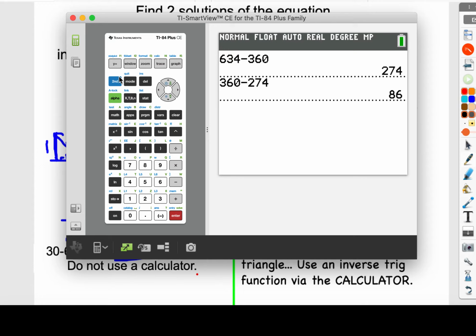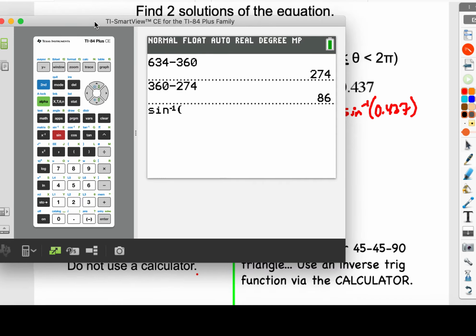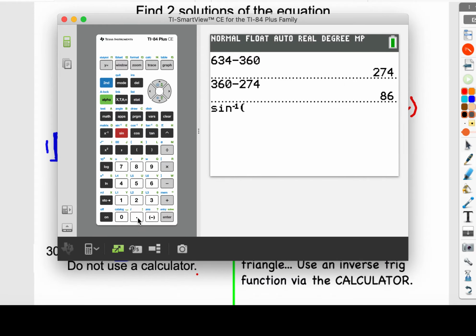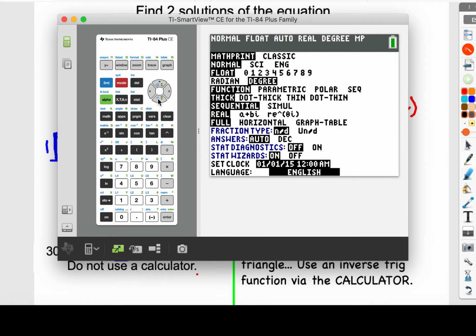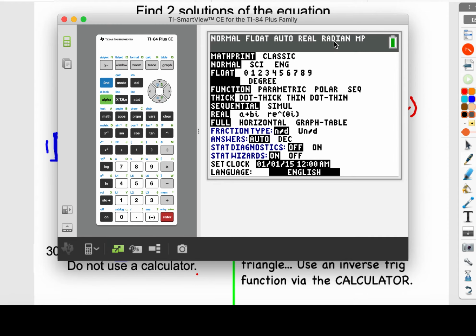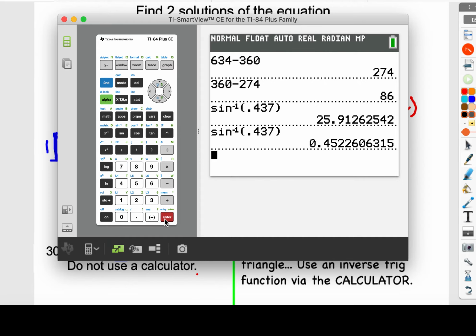So let's take the inverse sine, second sine here, right? Use that inverse sine of 0.437. And again, I'm going to close that off, press enter. However, I was in degree mode. Notice it's about 25 degrees, a little more than 25 degrees, almost 26. I need to change my mode first, though. I'm going to go down to mode. I'm going to put it in radians. So now you'll notice up top I'm in radian mode. So second quit. If I just hit enter again,